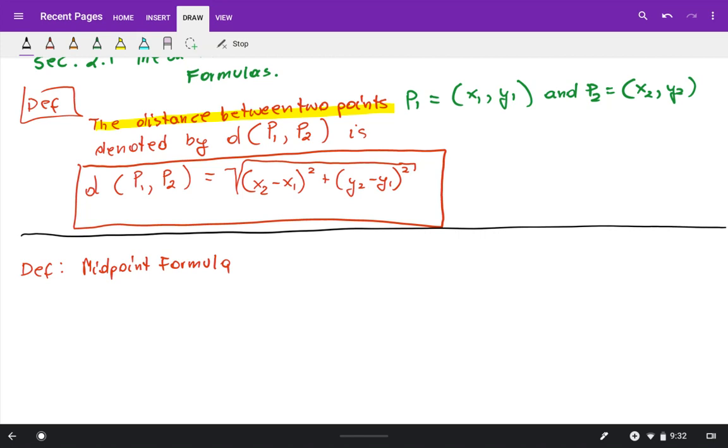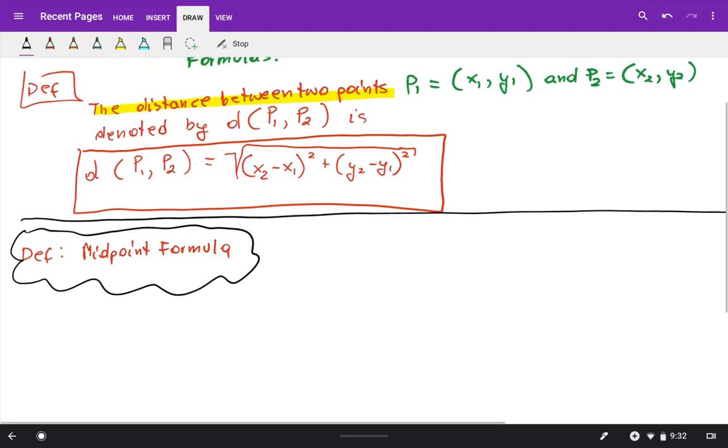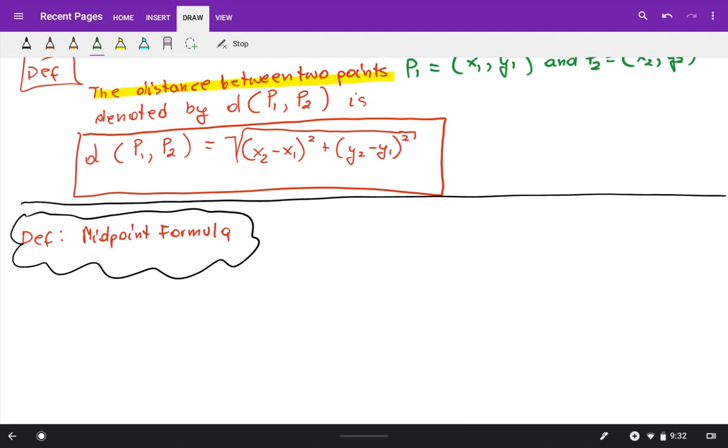Next one is the midpoint formula. Okay. So the midpoint M, it's a point on the coordinate plane, which has, we're talking about 2 dimensions, x comma y,